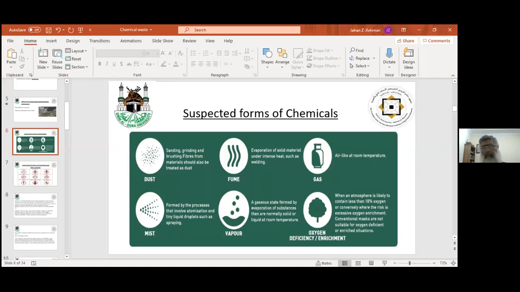Vapor is a kind of droplets when liquid comes from the liquid state of matter to air. I may explain it this way: the molecule of water is H2O, and if it is in liquid form, it is known as water. When it comes into the gas phase, into air, it is known as vapor. So vapors are those particles which evaporate from the surface of a liquid.